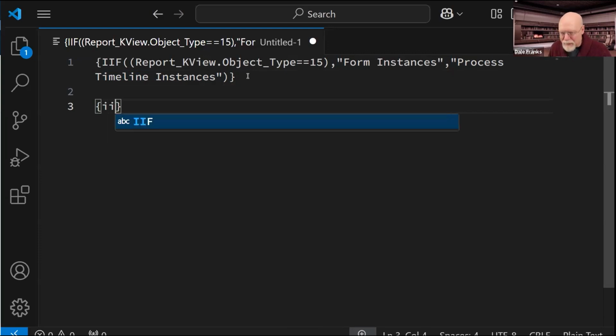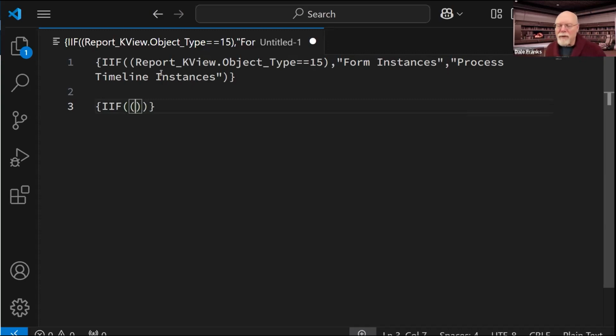So I'm just going to type in IF, I should probably type it all in caps so that it makes sense. And then I'm going to need a parentheses, and actually I'm going to need two parentheses because of the way the syntax works. So let me throw in another one.